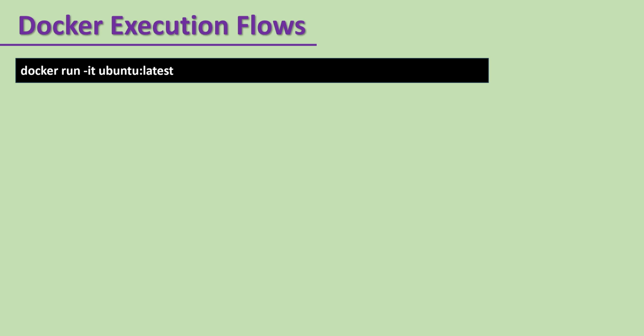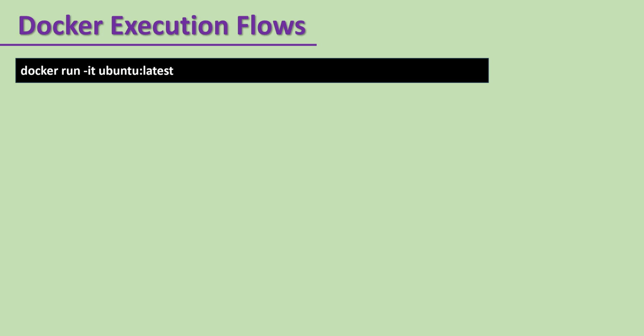Now let's understand what exactly happens when you run a container. So the command that you see here, docker run -it ubuntu:latest, is a command that will help to create and run a container from the Ubuntu image. And for the image version, the Ubuntu OS version, we use the latest. So you can go to Docker Hub to see what the OS version in latest is. If I am not wrong, it will have Ubuntu 24.04.